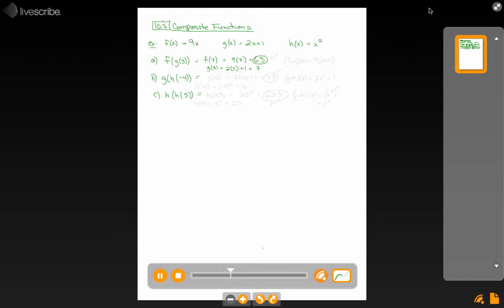Asked in this way basically just becomes a little two-step problem. So the next one the same way. I'll start with the innermost bracket. Say, what is h of negative 4? Well, that's going to be negative 4 squared. If you need to do that on a calculator, which I hope you don't, make sure you put brackets around it